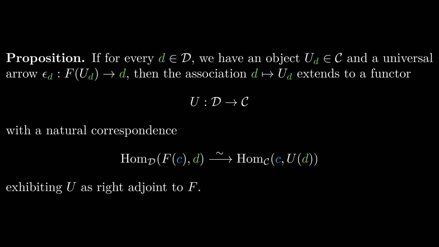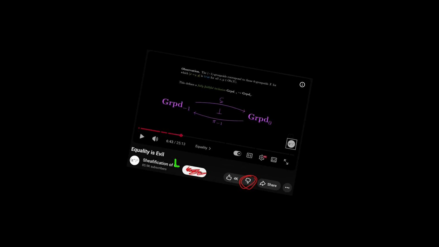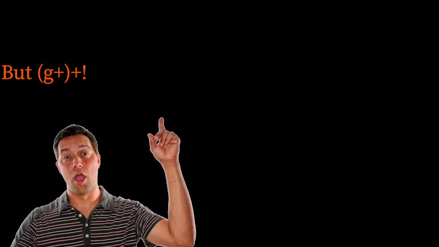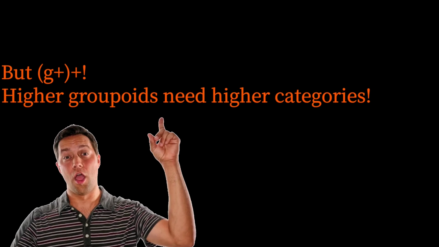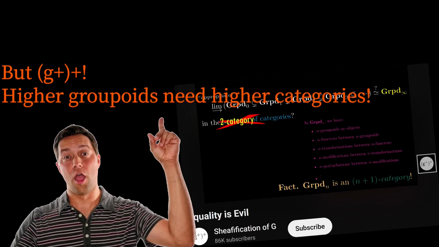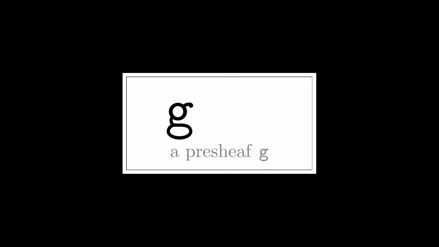Now, hopefully with this introduction to adjoint functors, I can be forgiven for my buffoonery. If you're still here, thank you for watching. If you liked what you watched, there's a free way to express that somehow. If you didn't like what you watched, but gee, that embarrassing blunder was about higher categories, not ordinary categories. Damn it. Do I have to